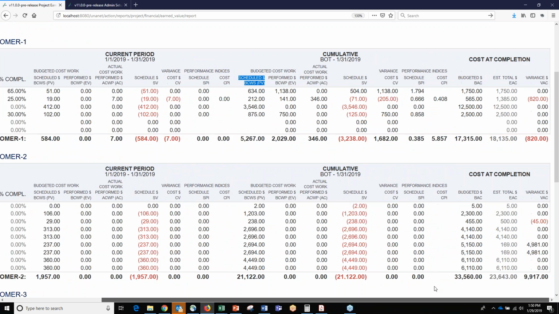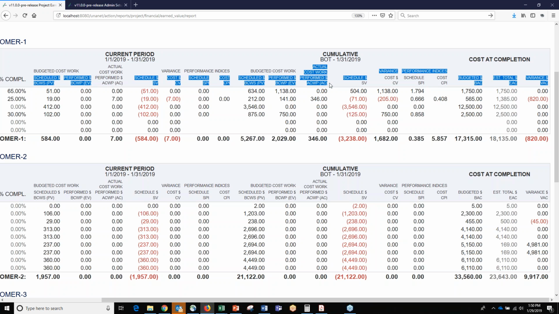So this is the portion of the budget that falls within the start date of the project to the run date of this report. It's what we've planned to do to this point in time. This is what we've actually accomplished. This is the earned value. This is the percent complete multiplied by the budget. This is what it's costed us to get here. So this is all of our labor, all of our ODCs, all of our indirects.